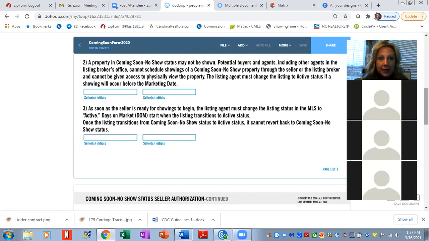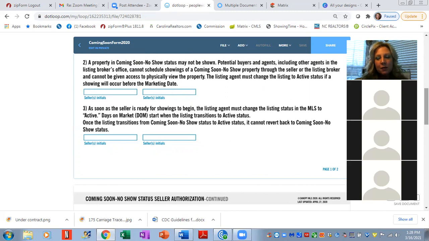Well, it happened to me last week. So I had a coming soon that was supposed to go live on Friday of last week. I put it coming soon Sunday night, so a week ago, Sunday. And within 24 hours, I had 3 offers. The doors had never even been open on the house. And they are offering me really good cash offers, 3 different ones. So what I had to do was present those to the sellers,